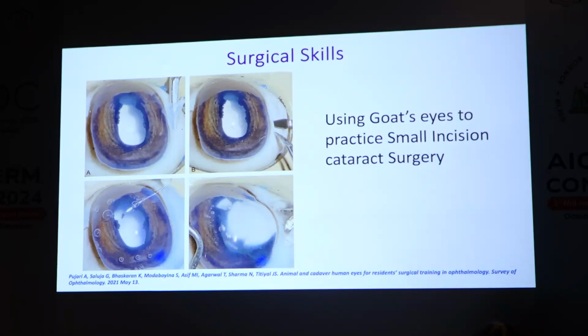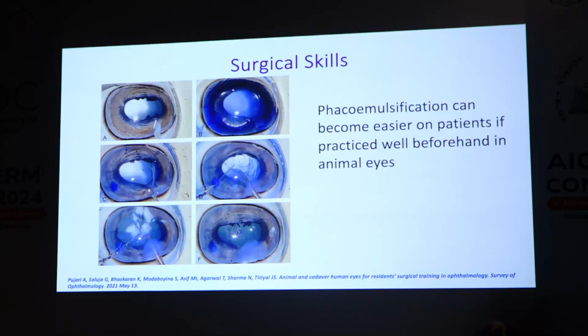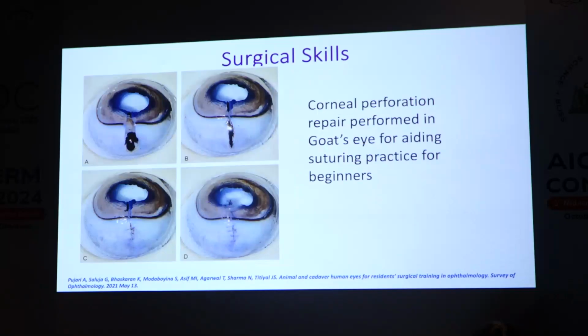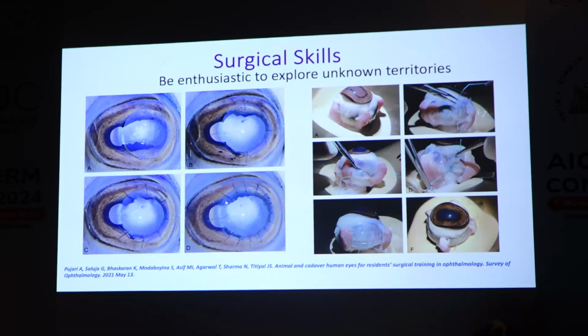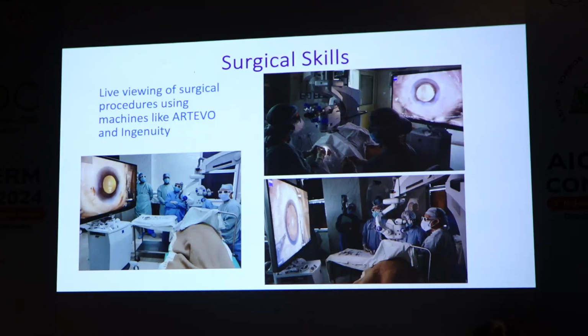You can do small incision cataract surgery such as this. Then you can do phacoemulsification, which is being shown here. Then you can make a perforation and then pretend to repair it by using 10-0 monofilament nylon sutures. Dr. Amar Pujari from our center has shown that you can even do squint surgeries using goat eyes if you have the whole globes. Then even all kinds of surgeries actually can be done, and like I said, live viewing